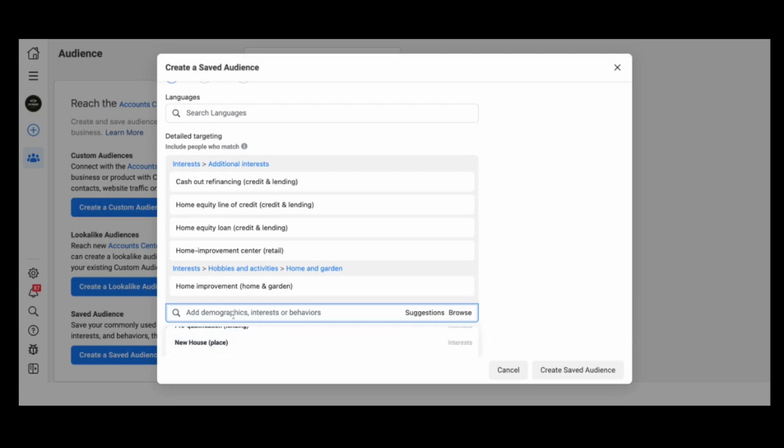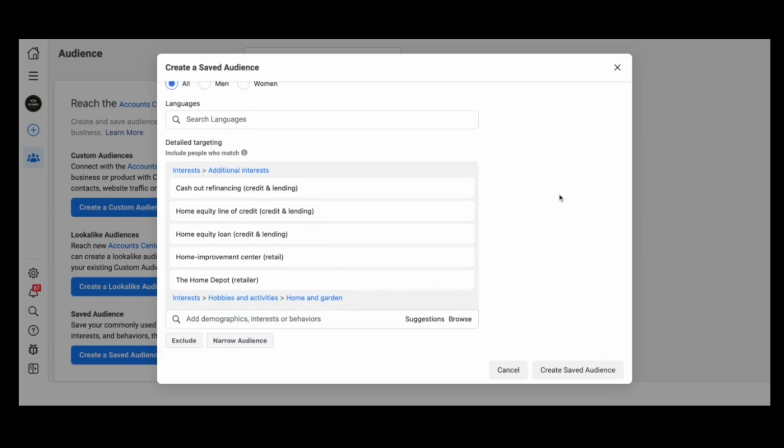And then you can always type more things in, like let's say Home Depot. Interested in the Home Depot. Let's go ahead and choose that. So now, as you notice, you can add a whole bunch of these things. If you think of things that only a homeowner would be interested in, you could put it in this criteria, and that's going to allow you to target people without being able to select homeowner, because we don't have that option anymore. This is going to allow you to select people that are probably homeowners based on the other things